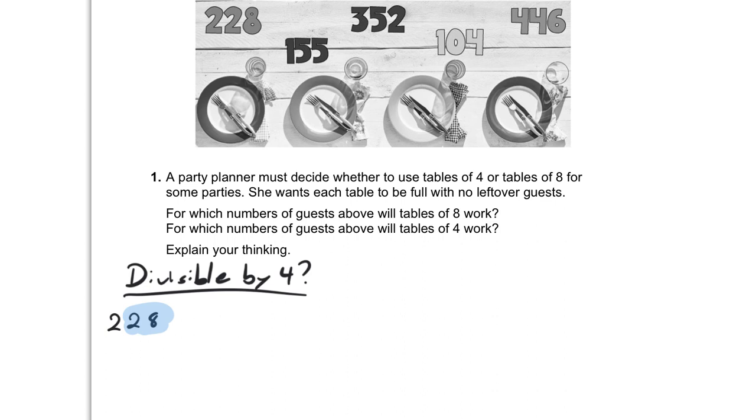When we're figuring out if it's divisible by 4, we divide by 2 and see if we have an even number at the end of it. 28 divided by 2 is 14, and we look at just this last digit, and if it's even, which it is, then we can put a check mark beside this one, right? Because this number here, 14, is even. For the next number,